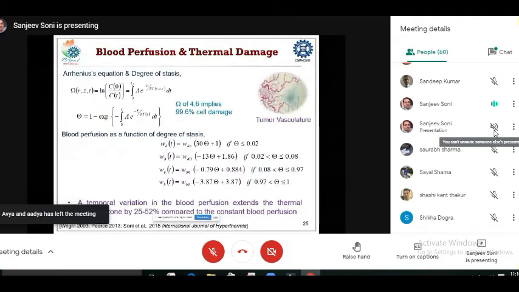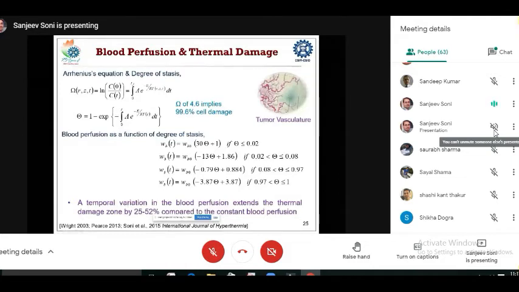Apart from nanoparticle delivery, we also need to consider the blood flow within the tumor. For example, you can see this is just a schematic of a tumor. When the tumor grows, it contains dead cells in the central region because there is no nutrition in this region. As it grows, it engulfs the blood vessels of the surrounding healthy tissues, and most of the blood flow is in the periphery of the tumor, and there's a dead region here. So we need to consider this heterogeneity of blood flow in the tumor.